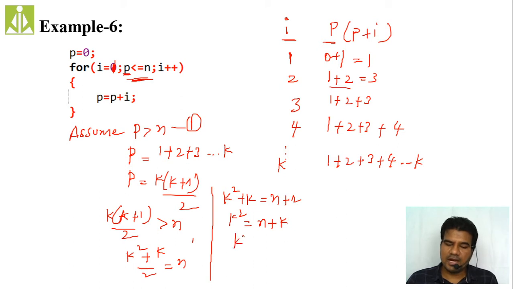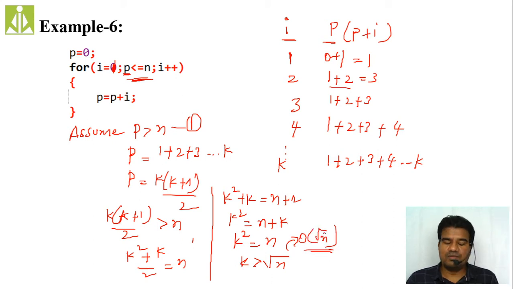So K square equals N, or we can say K must be greater than under root N. So this under root N we got, and our function will become order of under root N. Like this. Two more cases we are adding to the already existing frequency, so nothing will change. Again N plus 2, two more, we will also consider it as N only.